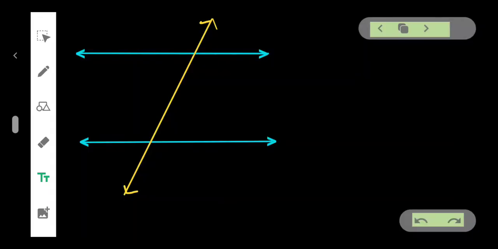Two lines and one transversal. These lines may or may not be parallel. One, this angle and this angle. Both angles are on the left side and upwards on these two blue lines. These are the corresponding positions. Therefore, these angles are corresponding angles, 1 and 5. Again, हिंदी में संगत कोणों के युग्म बोलते हैं, इंग्लिश में बोलते हैं pair of corresponding angles.